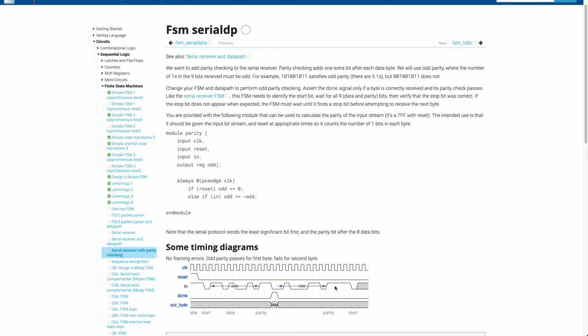We have a stop bit here, and then we discard everything, I guess. Start 0. That part is fine, because for this we can just instantiate parity, reset, and clock, and